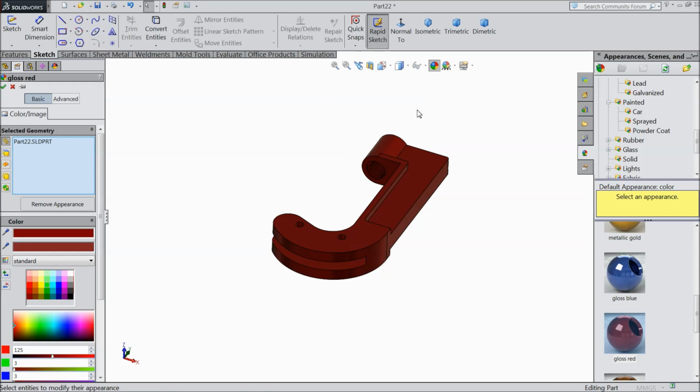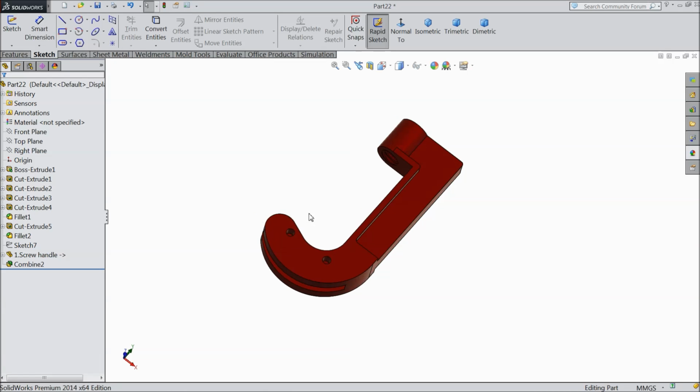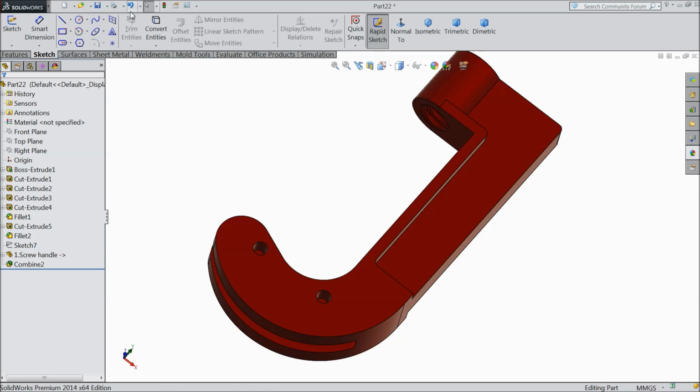Or it looks very dark. Choose the body. Okay, no, it's looking very dark, so